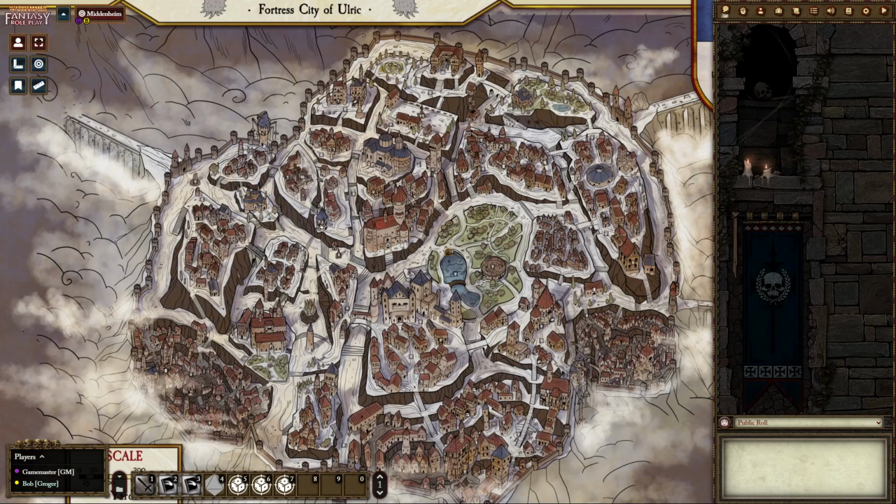And when the players say, "Well, I'm going into this shop," you can then just grab your shop tile, and there you go. Now you're in the shop, and you can even place the NPCs you had on there,